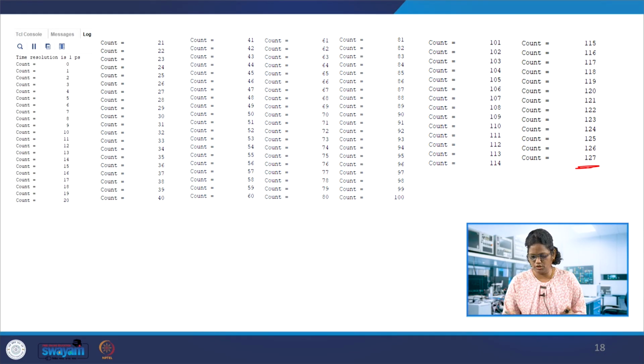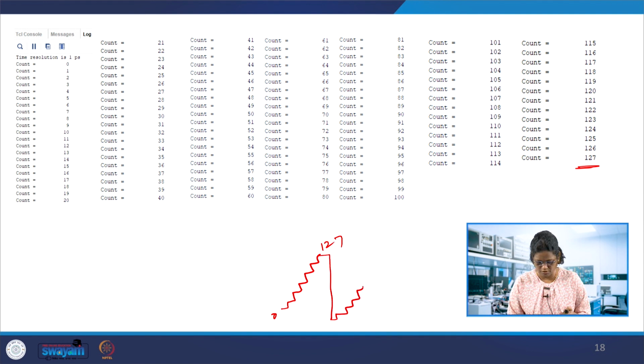And then if you continue that, I mean, if you want a counter which needs to keep incrementing like this from 0 to 127 and then reset, you can reset after 127 and continue it. This signal will be useful in many applications, like generating sine and cosine signals inside FPGAs.